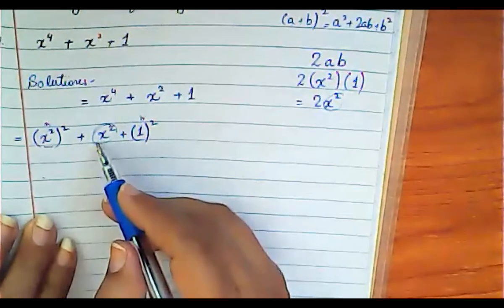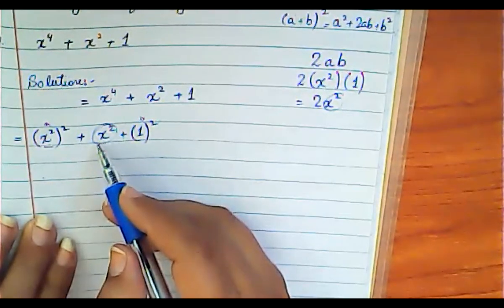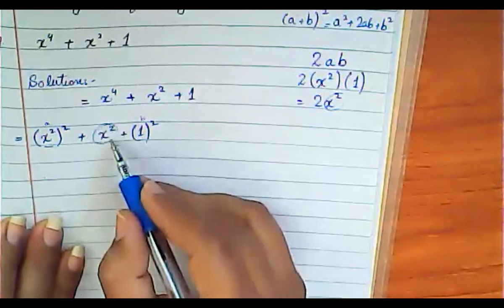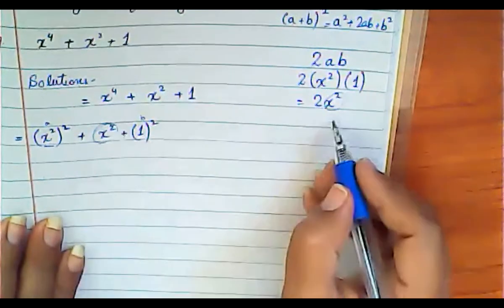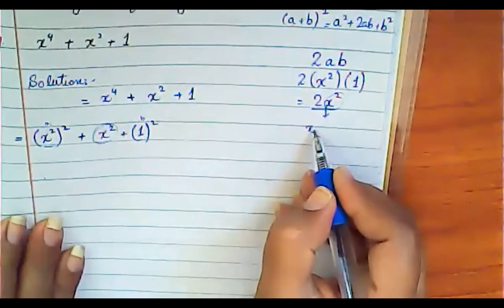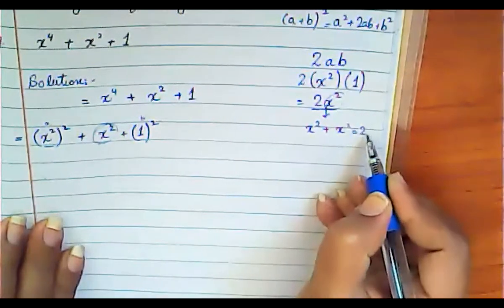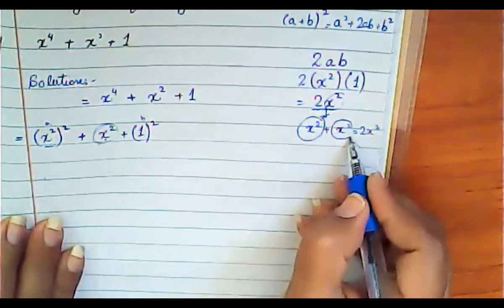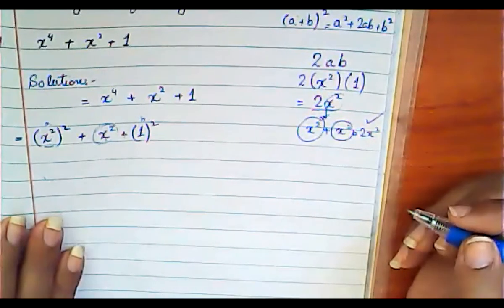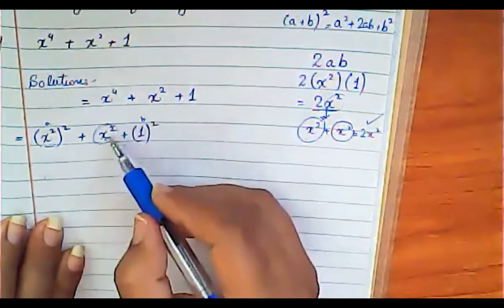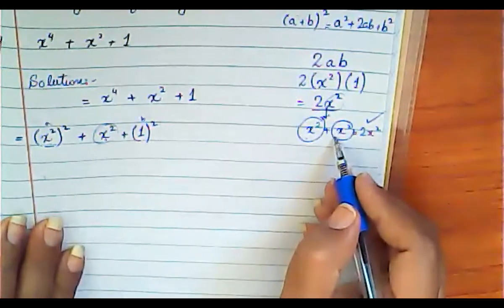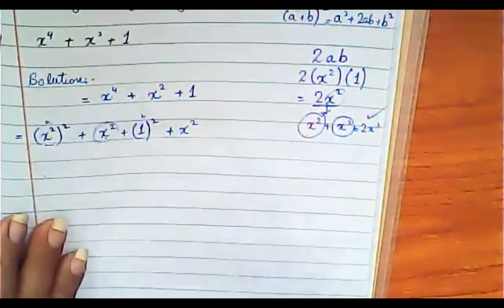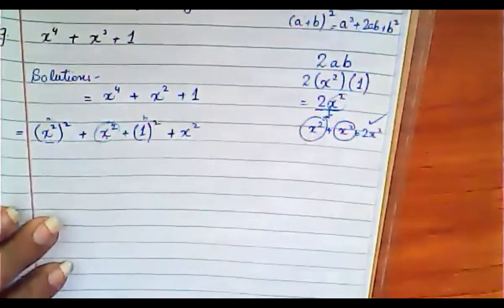And we have only 1x^2. So what we will do is add 1x^2 here. Just suppose if I break it, it will be x^2 + x^2, which is equal to 2x^2. So 1x^2 is here and we have to add one more x^2 to make it a perfect square, which is 2x^2. So our middle term will become perfect. So we will add x^2 here. Understand? Please tell me, is this clear or not? Yes or no?